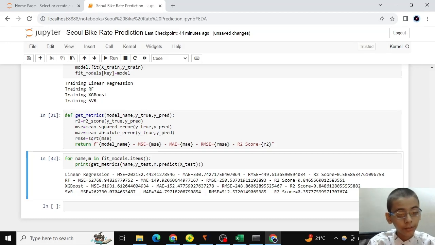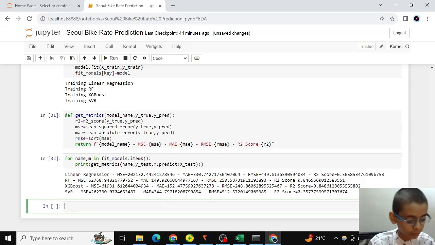Guys, we are going to select the XGBoost model. So let's save our model.